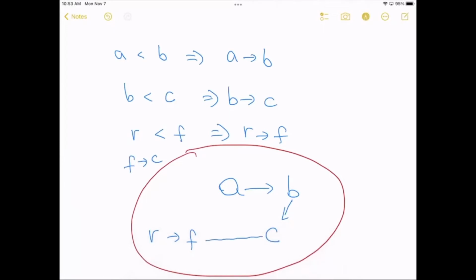So F to C like this. We know here, so we know here our A and R are the roots of this graph. It means there's no incoming edges for this. So it means it could be the smallest character. And then once we traverse these two,